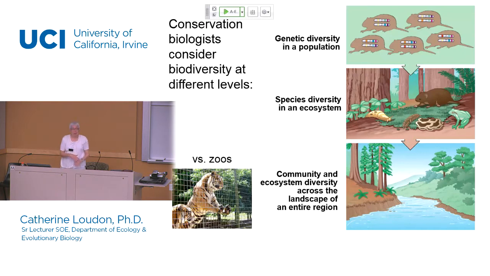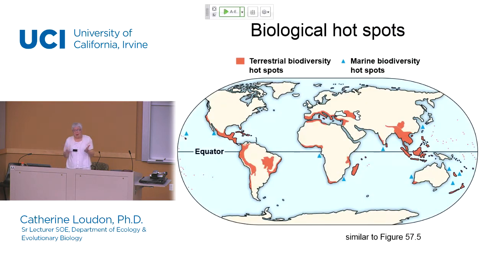Now, there are some areas globally that have been identified as being particularly important or particularly significant in conservation efforts. These have a variety of different names. There's a figure in your book, figure 57-5, which is slightly different from this one. I'm showing you this one instead because it includes both terrestrial and marine areas that have been identified as so-called